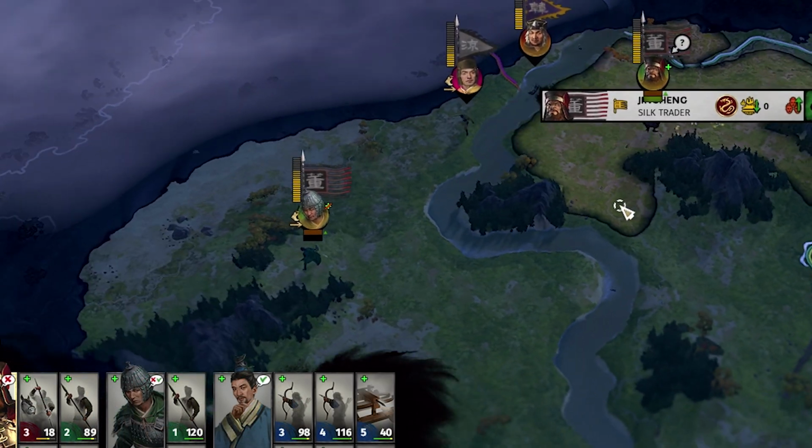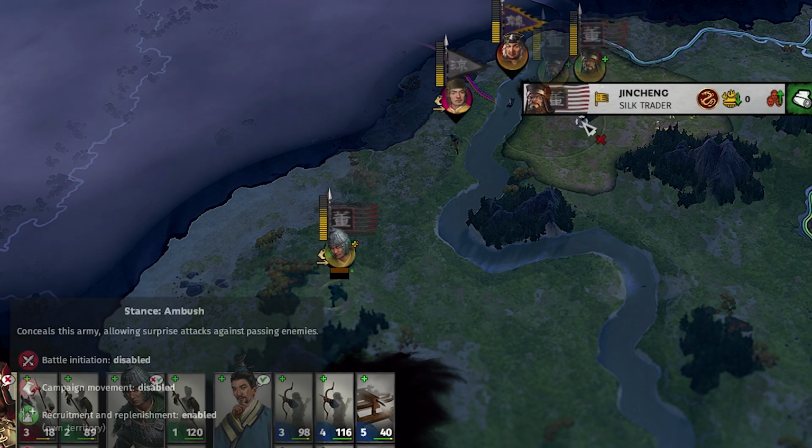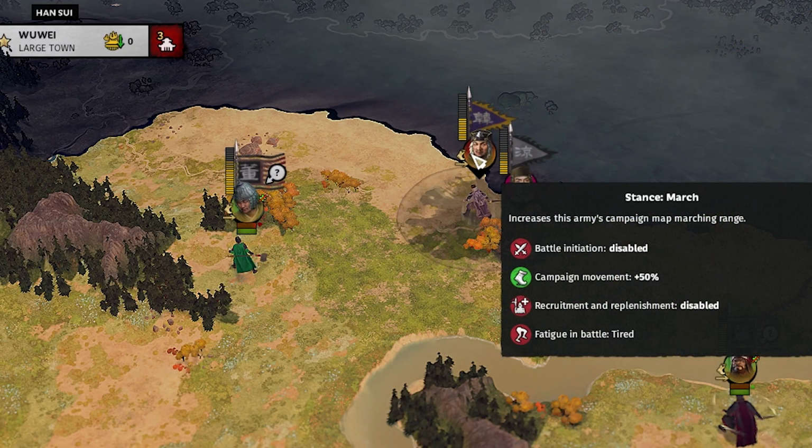We're gonna do a test with Dongzhuo and see how smart this AI is, and we're gonna move him out of Jincheng Silk Trader, and we're gonna set up an ambush. And ideally next turn, Han Sui will not recognize that Dongzhuo is there setting up an ambush, even though he should have seen him set it up. Like, it's pretty obvious what we just did. But I've noticed in the past that the AI is kind of dumb when it comes to ambushes, so let's see what they do. Unfortunately, it looks like Han Sui did not spring our trap,